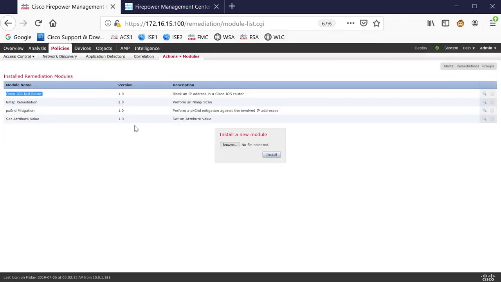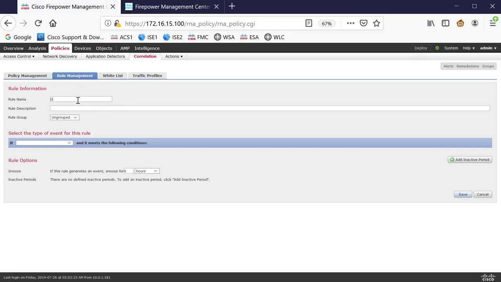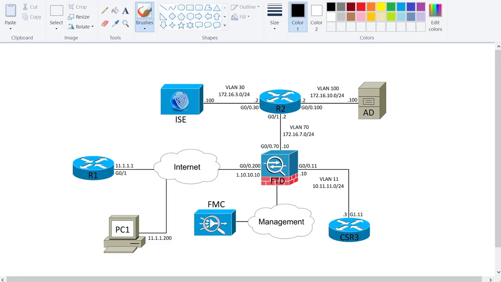Right, we're going to start our configuration with rules. I'm going to go to policies correlation rule management, and we will build a simple rule where we will focus on connection type of event. I'm going to say create a rule, and I'm going to call it DNS or CSR free, because what I will try to achieve here, we will say that as we see an event that